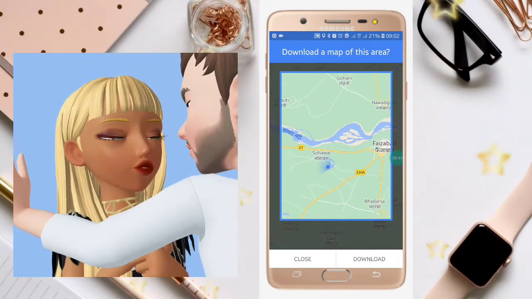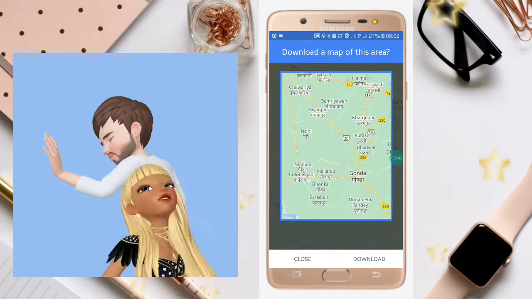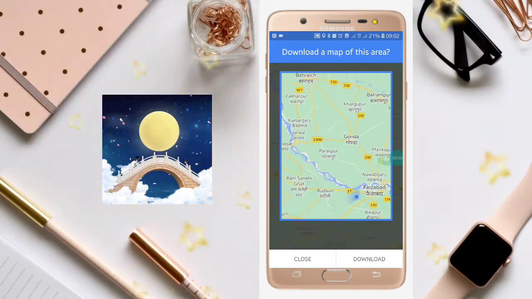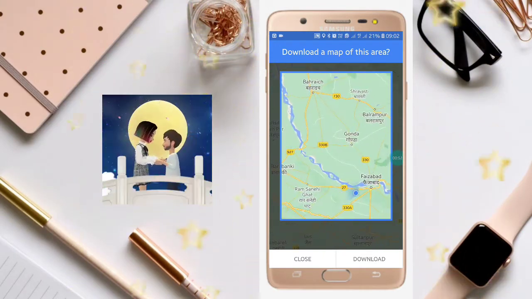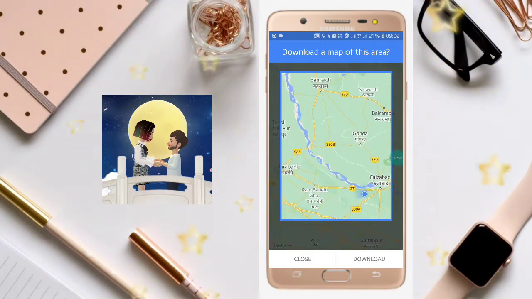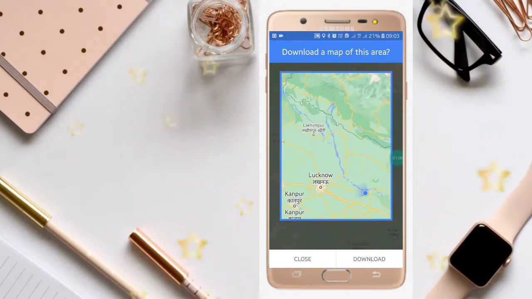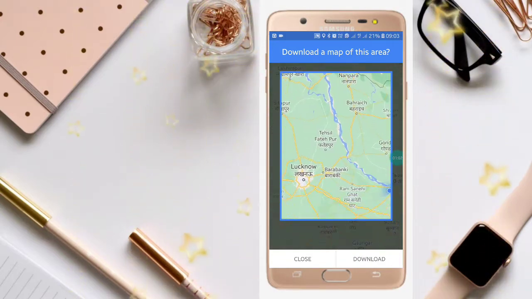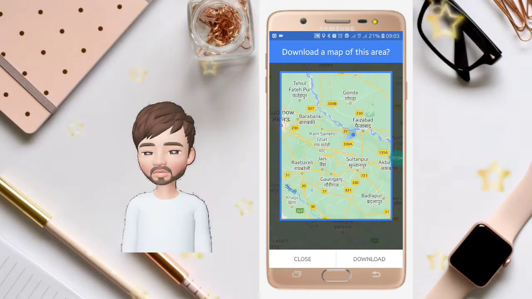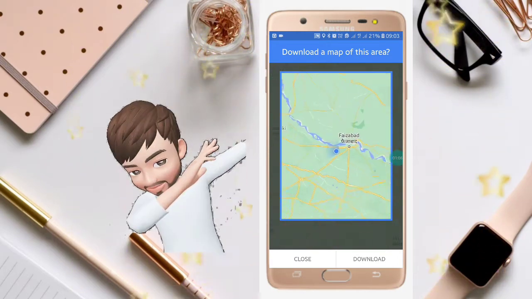Now after selecting your own map, you have to just scroll down or scroll up or zoom in or zoom out by using your two fingers, and you can choose the map which you want to download, or the area of which you want to download the route offline. So like this, after choosing the area,